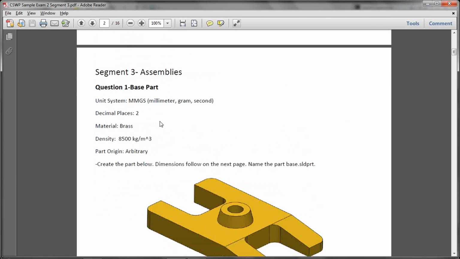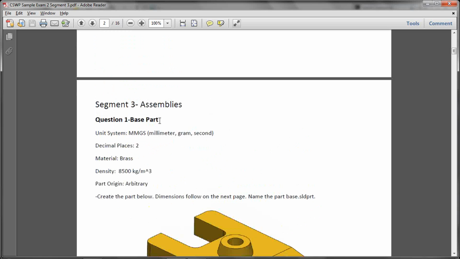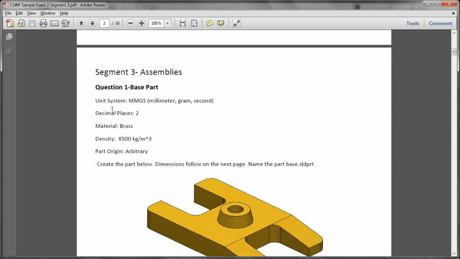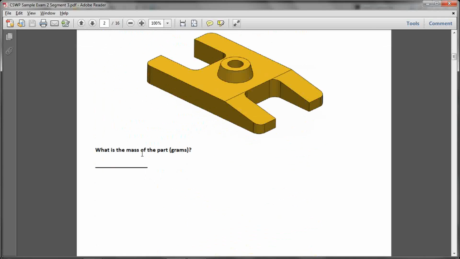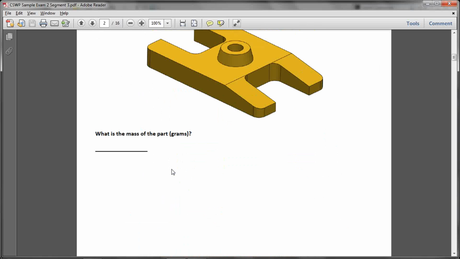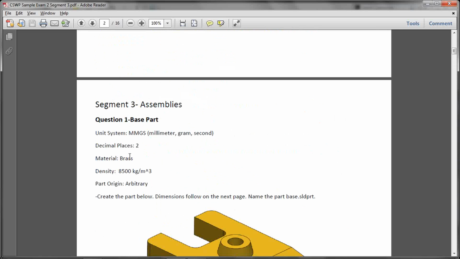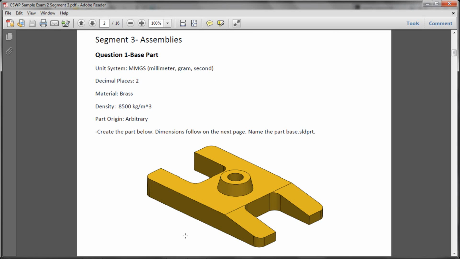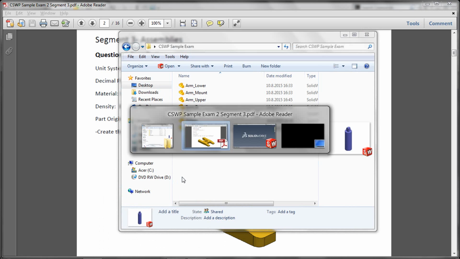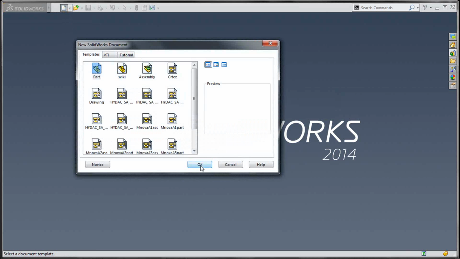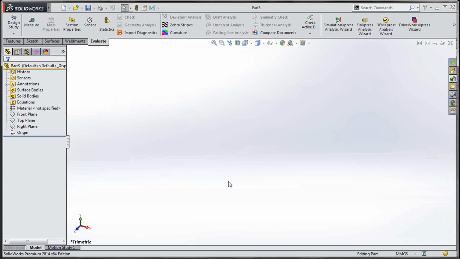And let's get started. The first question is to model one part. We have some dimensions here, and the point of the question is to find the mass of the part. So let's begin. We start a new part